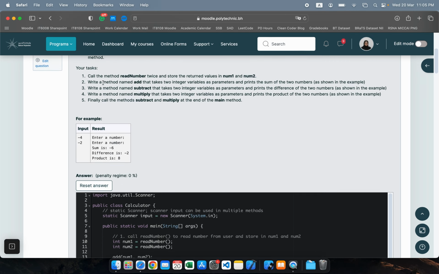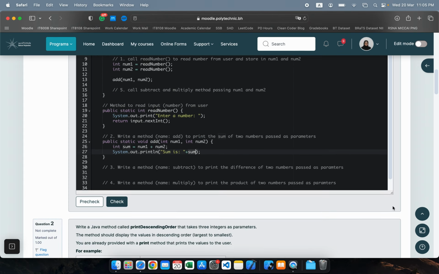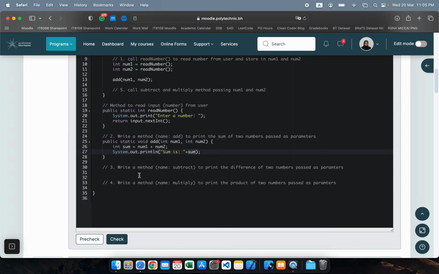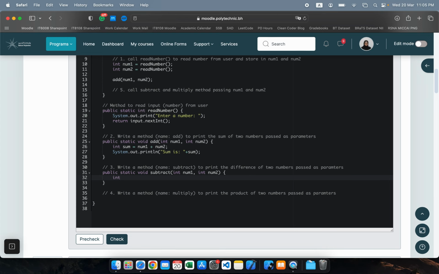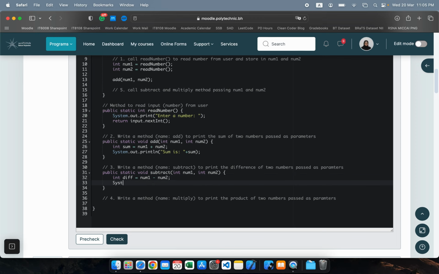The next thing is write a method named subtract that takes two integer variables as parameters and prints the difference. Very similar to what we just did. It would be public static void subtract, and it also takes two parameters, so int num1, int num2, and then finally int difference is equal to num1 minus num2, and then